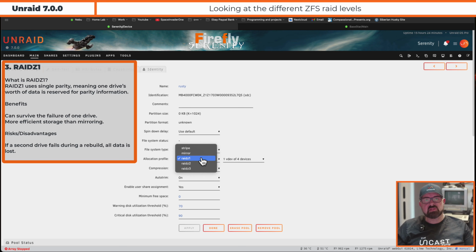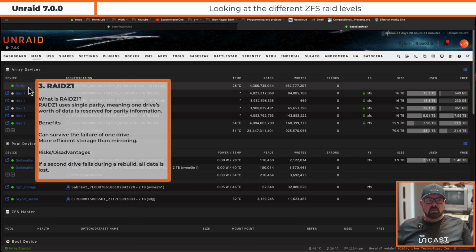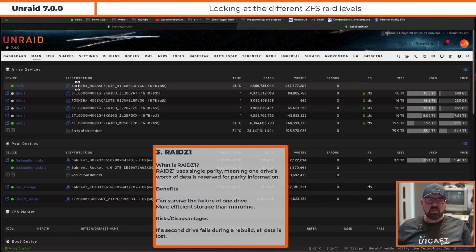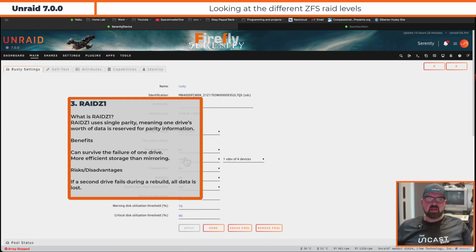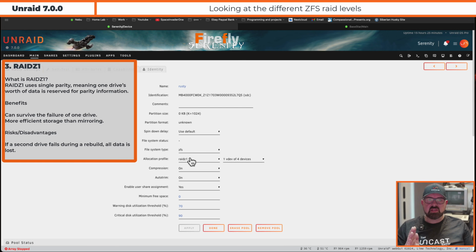In fact, this is one reason why Unraid arrays are really easy to add disks to, because the parity is kept separately. And in fact, if we look at my Unraid array here, you can see that I've got 1 drive of parity making up my pool. And so basically a 1-disk parity array is very similar to RAID Z1, because we lose 1 disk in size of available space in the actual pool or the array due to parity. Using RAID Z1, I would have 3 of the 4 terabyte drives available for data, so I'd have a usable